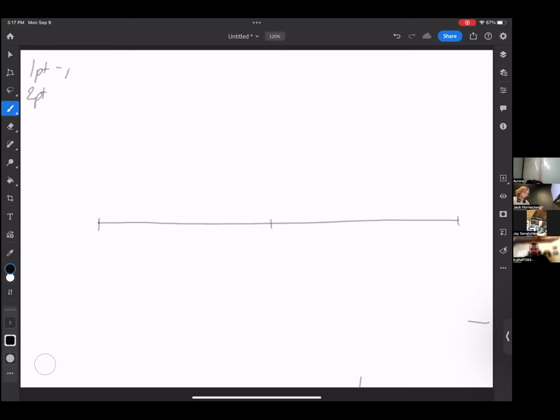1 point has an alternative description. It is alternatively known as parallel perspective. 2-point is alternatively known as oblique perspective. The vanishing points that we're dealing with here indicate a 45-degree angle to an object. What do I mean by parallel and oblique perspective?